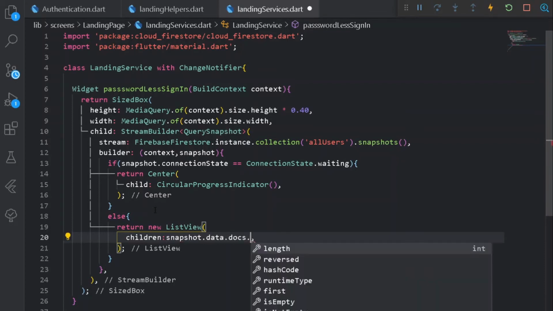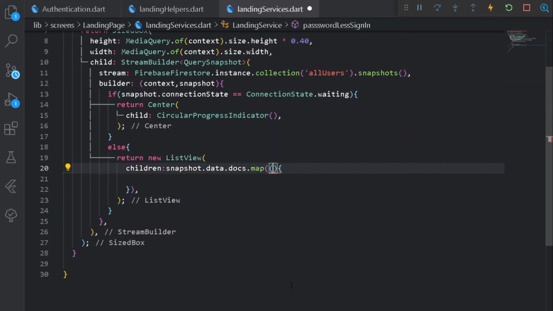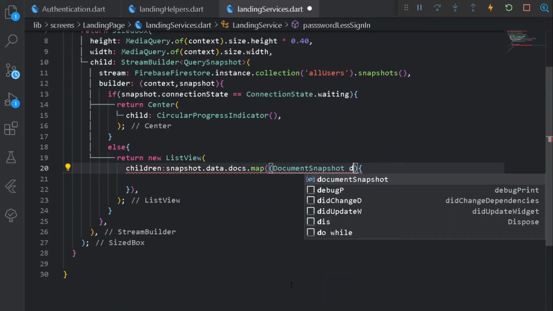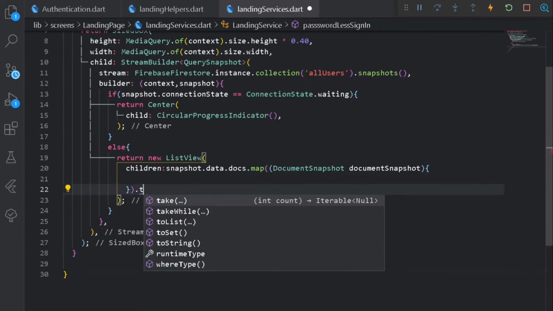snapshot.data.docs, and from the docs I shall be making the following query snapshot, because the query snapshot shall be giving us the entire list, but we need to render the following list under a particular document snapshot. Now remember one thing, document snapshot refers to a single document, but the query snapshot refers to the collection of all the documents. So now here, instead of field, let's have a document snapshot, and here I shall be simply refactoring it into a toList form.